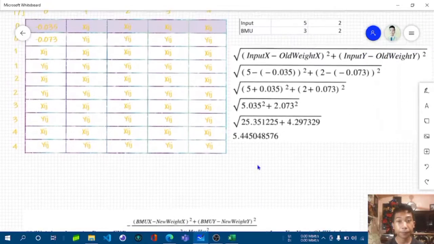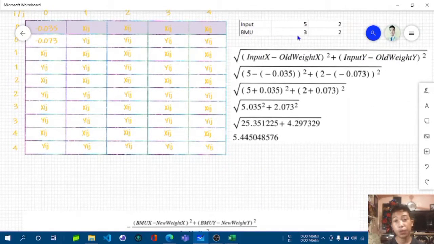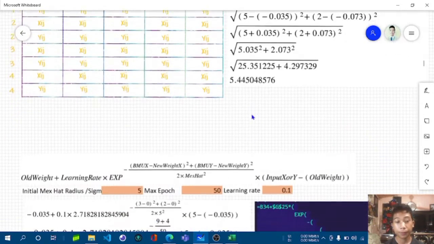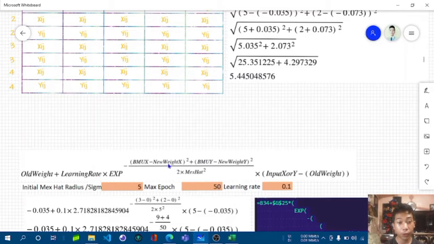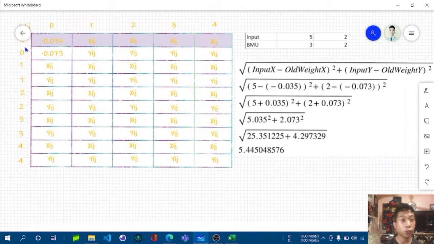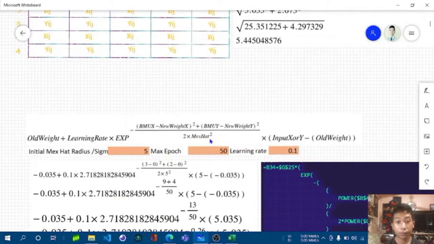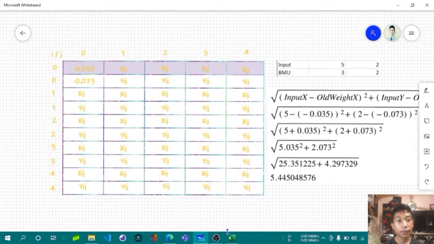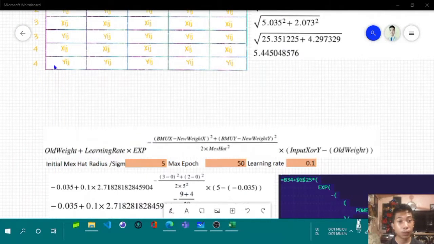our best matching unit here, the minus 0. So the index is 0. Index is 0, then 0. New weight x 0. Then best matching unit is 2 minus 0. So just like I said, that 0,